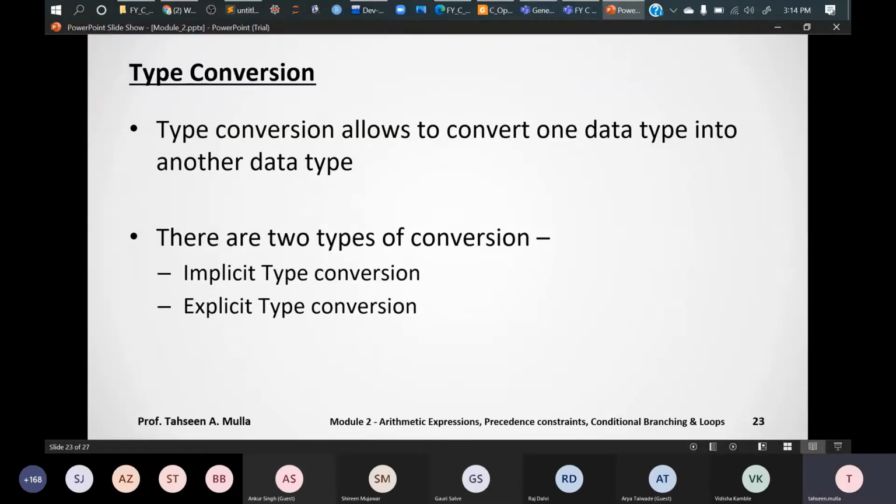We'll see the actual point, that is the type conversion, right? So when we try to implement different data types, we have some lower data types and some upper data types. This means in terms of memory allocation, right? Double has the highest memory allocation, whereas character, that is char, has the lowest memory allocation. It holds only one character.